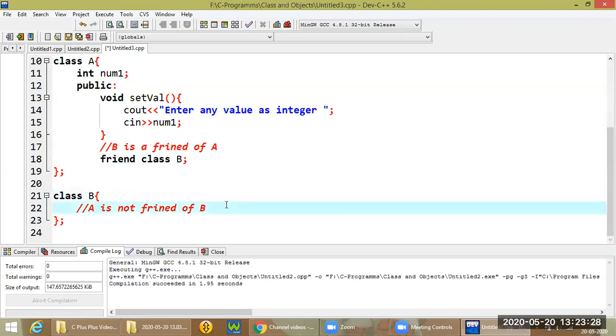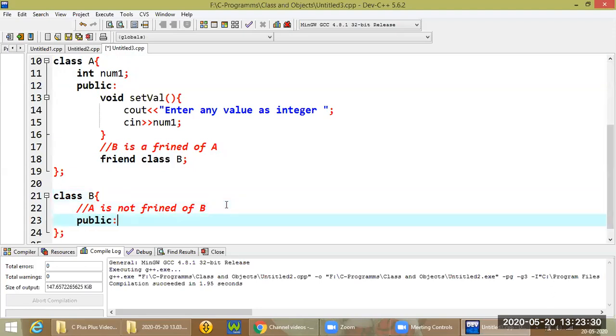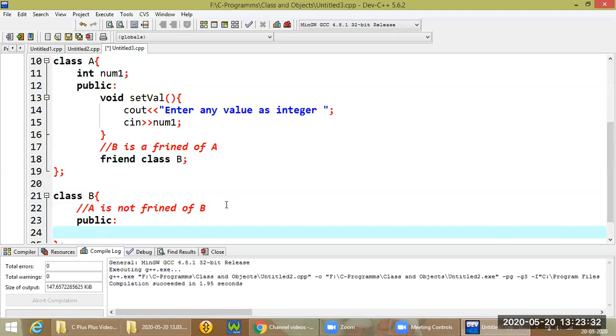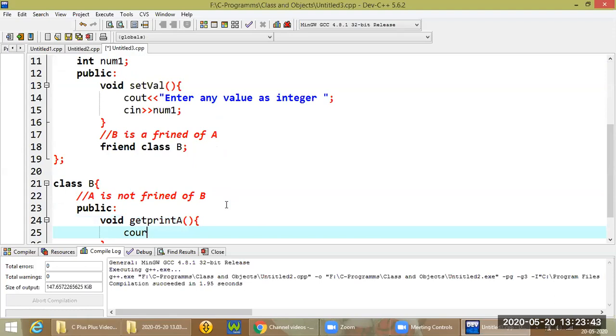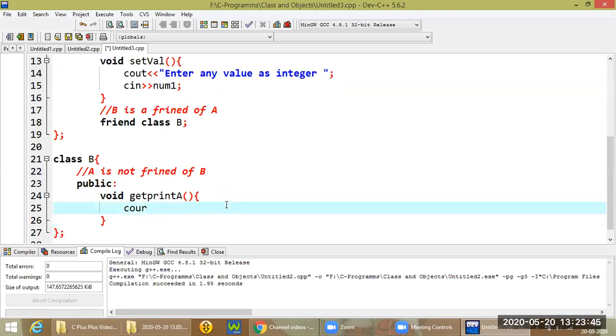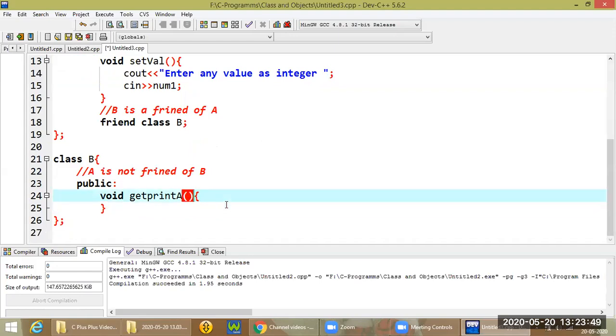Let's declare a member function to class B: void getPrintA. We are simply going to print a message, and for that we pass the argument a obj.